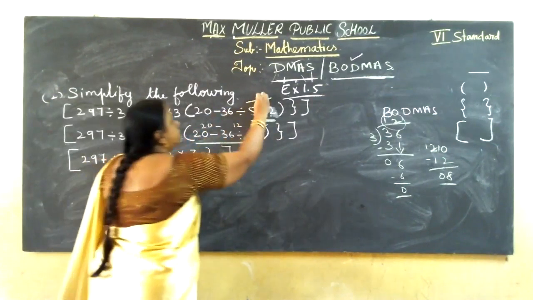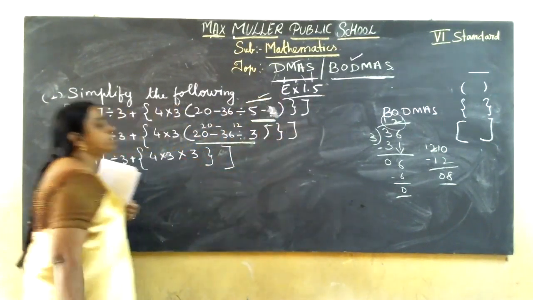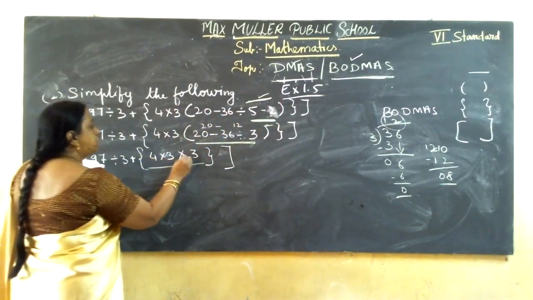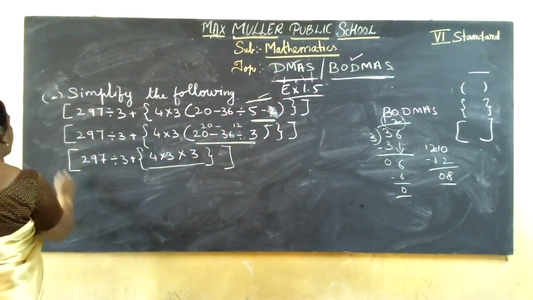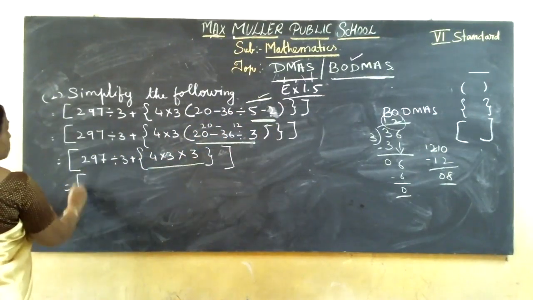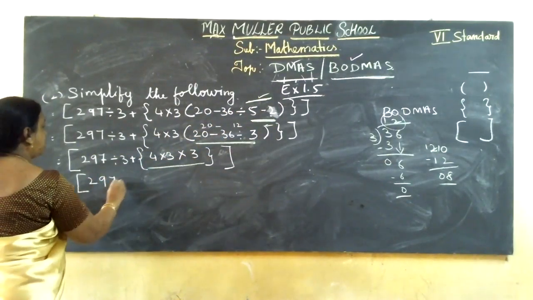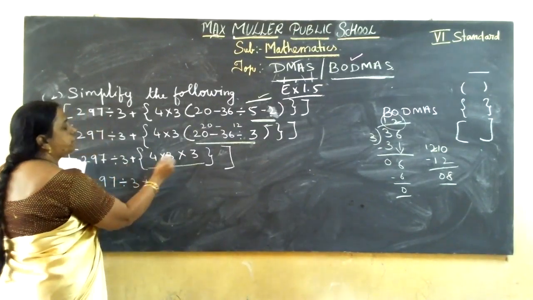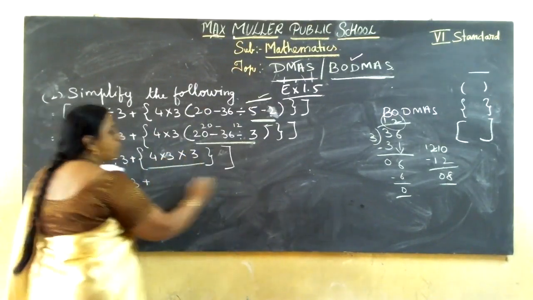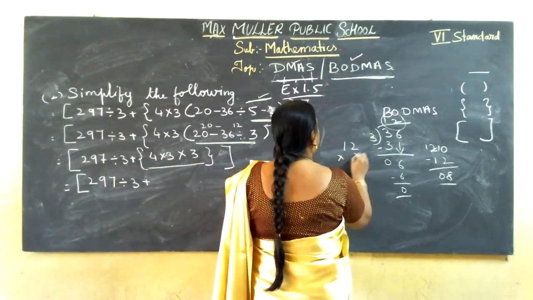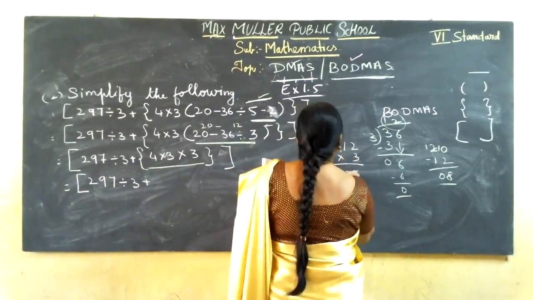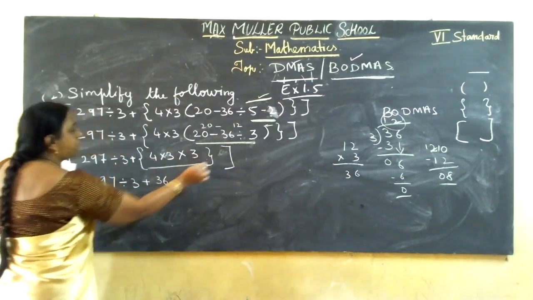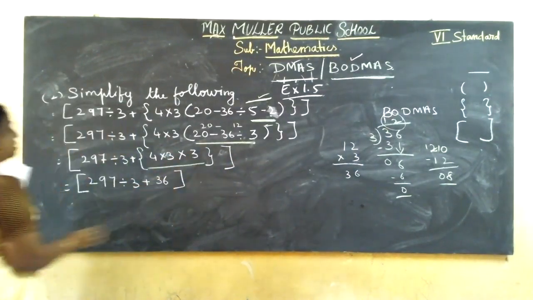Now you should follow. First we finish vinculum over. Then round bracket over. Now we should solve which one? Curly bracket coming out here: 4 into 3 into 3. Okay. Remaining all copy as it is. So open square bracket 297 divided by 3. Now plus sign as it is, multiply. 4 3s are 12. 12 3s are how much? 12 into 3. 3 2s are 6, 3 1s are 3. 36. So here you should write 36. Now curly bracket over. So close square bracket.